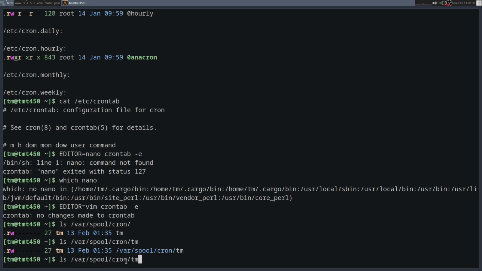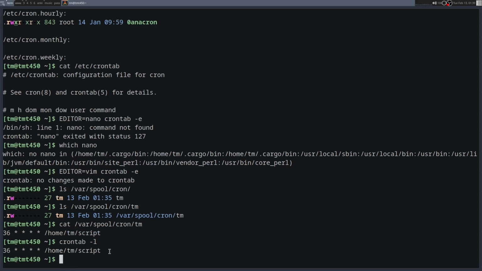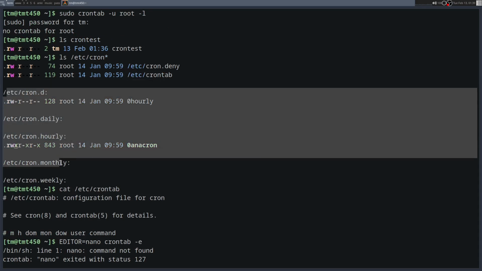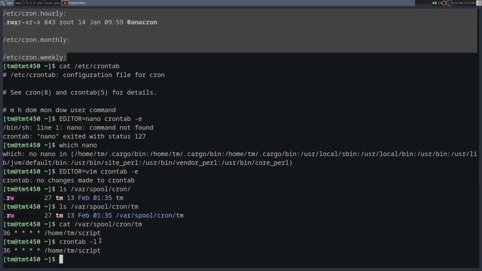Or, well, no, now it's not LS. And there we can see it's in /var/spool/cron. But that kind of shows why crontab -l is helpful, because there are a couple places crontabs can be: /var/spool/cron, /etc/crontab, or any of these directories. So -l will look through all of them and